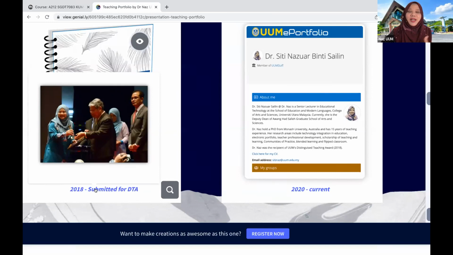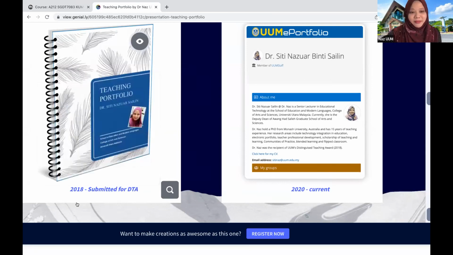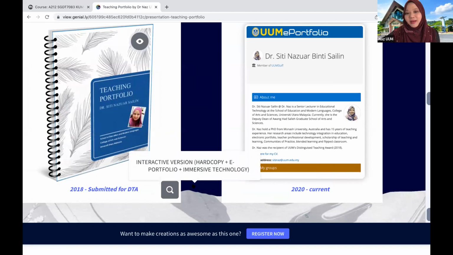When we get the DTA for the university, we are candidates for the AAN, Anugerah Akademi Negara. So that's the responsibility that I'm carrying now, to prepare the teaching portfolio for that. It is still in process, but hopefully I can manage to come up with it and try to submit this year,